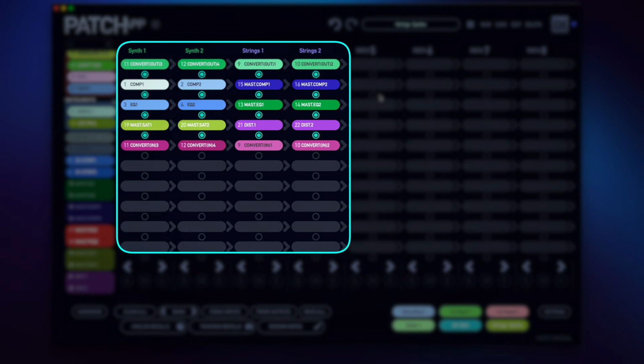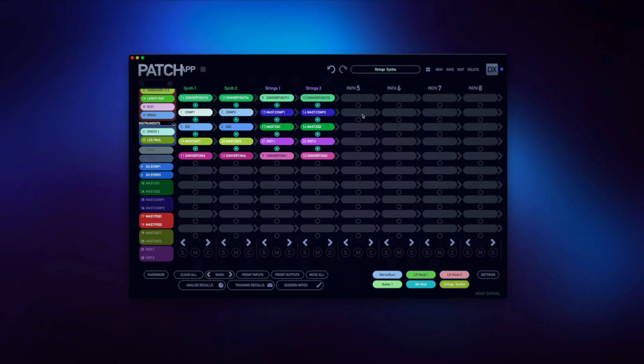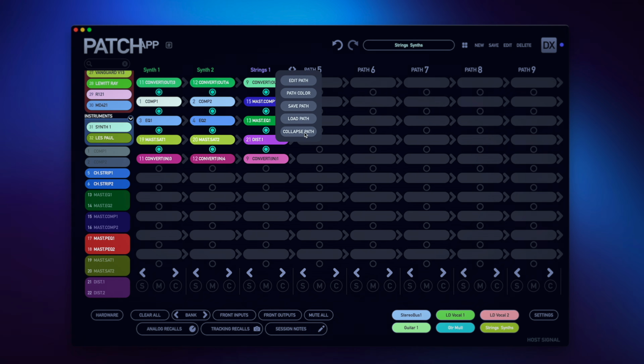Here I have the same synth and string routing from earlier, but let's say I'm happy with my strings 1 and 2 and I don't want them taking up valuable real estate in the grid. Well, I can now easily just right-click at the top of my path and choose Collapse on each one. You'll now see a new icon appear where these paths were collapsed. I can reopen both of them by simply just clicking on the icon to re-expand or reopen them,